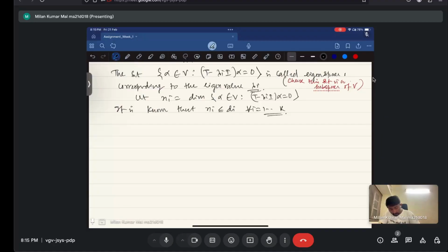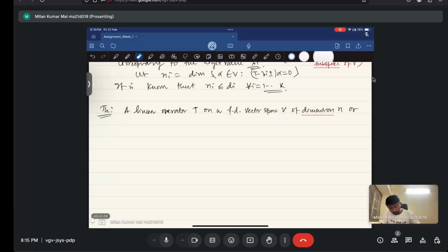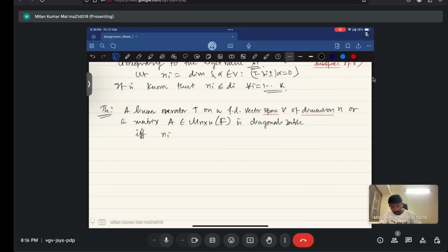Therefore a theorem says that T is a linear operator on a finite dimensional vector space V of dimension n, or a matrix of order n by n. So the linear transformation T is diagonalizable if and only if ni is equal to di,